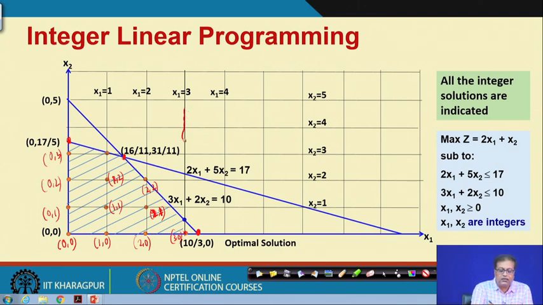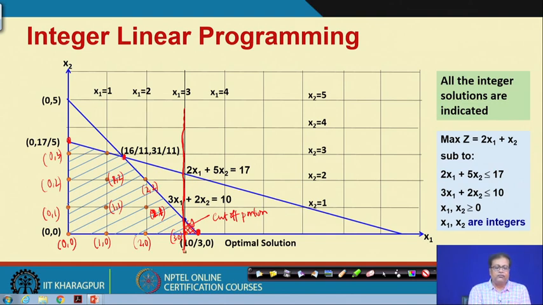Can we cut by taking a line, this one? Suppose I have this line and then I cut this portion of the solution space. Just look at this, this will cut the current optimal solution, and so this will be our new solution space. This portion will be cut off, this is the cut off portion. This is a minimal portion that we can cut off, but it keeps all the integer solutions intact. All right?